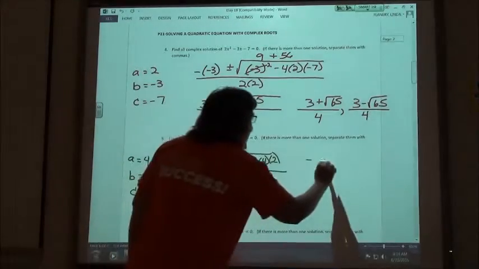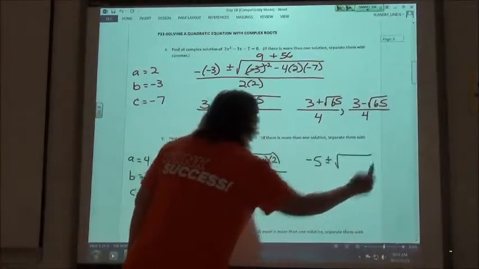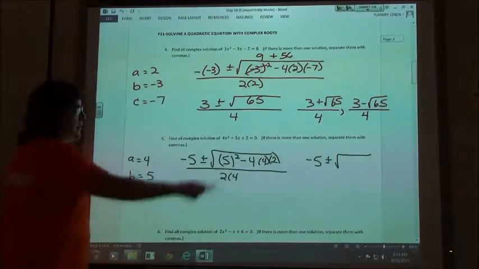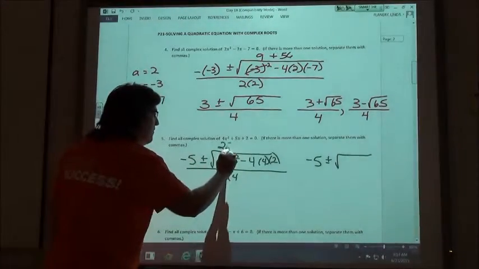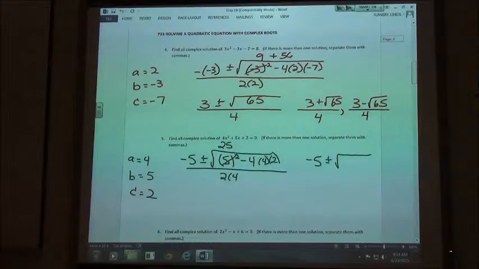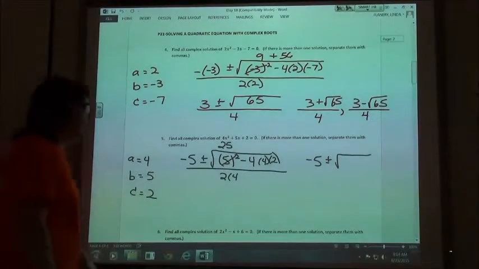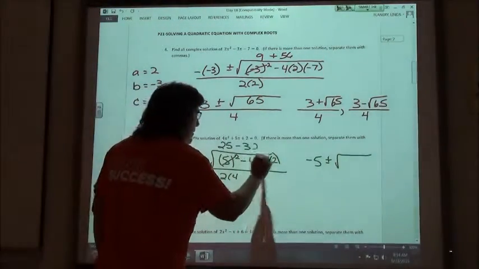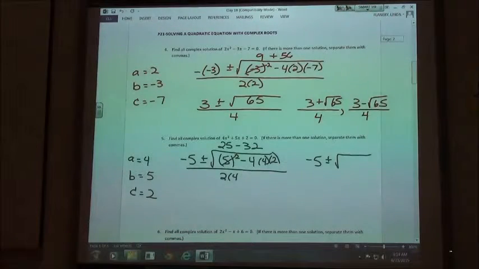So we're going to have -5 plus or minus the square root of 5 squared is 25. -4 times 2 would give me -32 if I did that right. So 25 minus 32 would give me